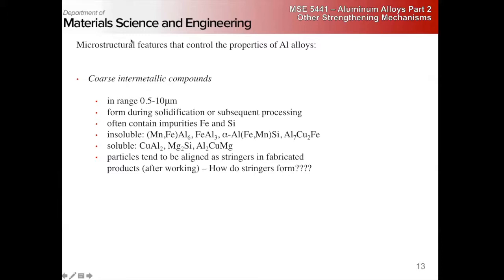So the first level of microstructure that we want to deal with is these coarse intermetallic compounds. We're going to say these are in the range of 0.5 micron to 10 microns. They can form during solidification or subsequent processing, and the big ones are iron impurities and silicon impurities. There's a lot of casting alloys that use silicon, but for a forged alloy, having silicon in it will kill you because you'll form